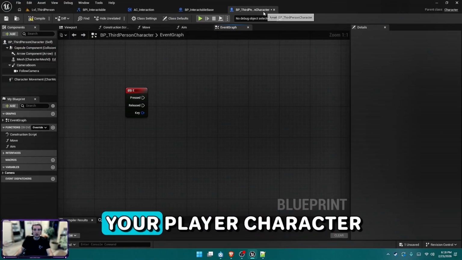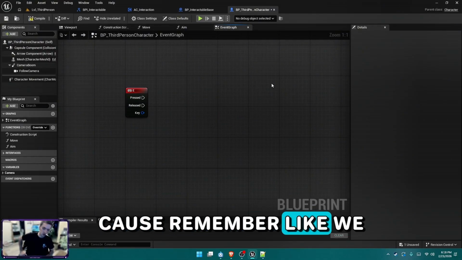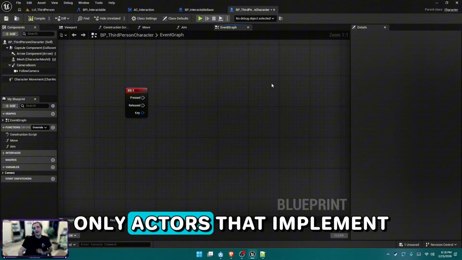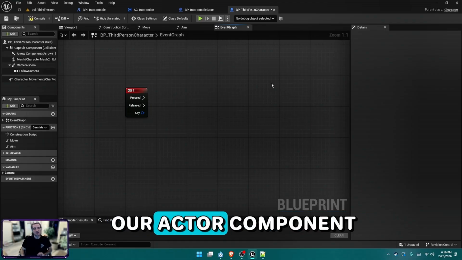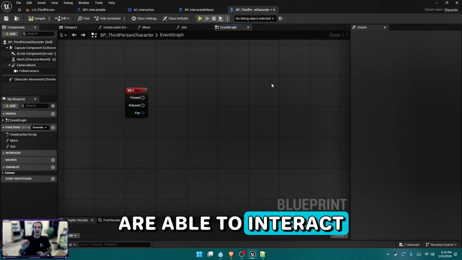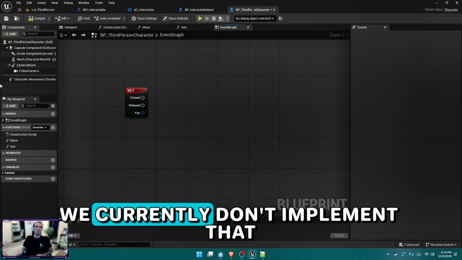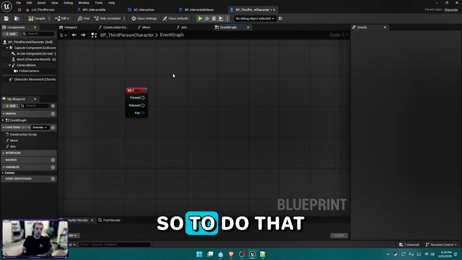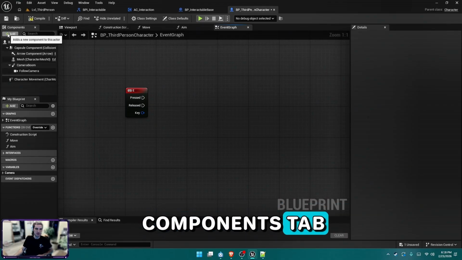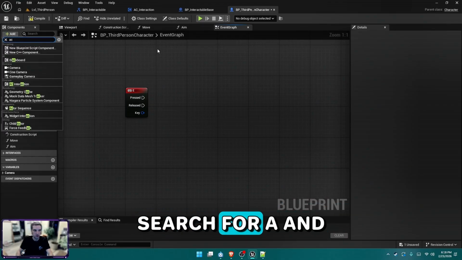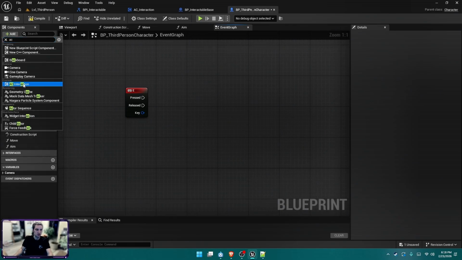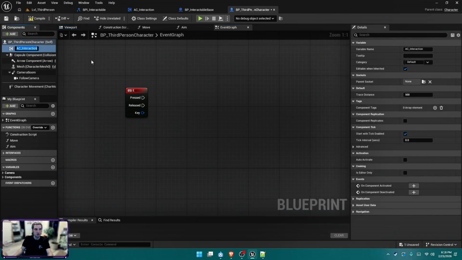Also, make sure in your player character, because remember, like we mentioned earlier, only actors that implement our actor component are able to interact with items in the world. We currently don't implement that. So to do that, you'll go to your components tab, click add, search for, and you'll see custom AC interaction. That's our actor component. Add that,